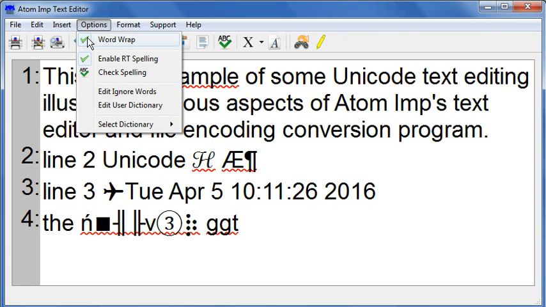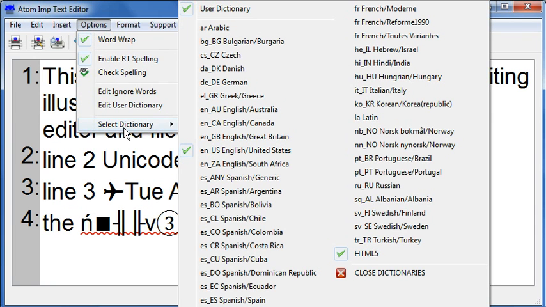In order to do the spell checking, we have to select a dictionary. You can select multiple dictionaries. So, for example, if you have a specialized dictionary of engineering terms or medical terms, you can add that to the program file or the folder where the dictionaries are stored, and it will show up in the dictionary list, and you can include it. So here I have user dictionary, an English US dictionary, a